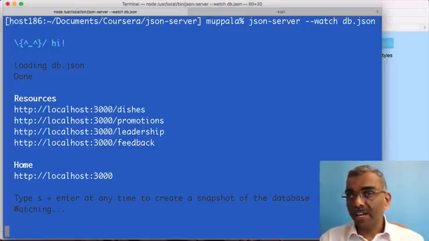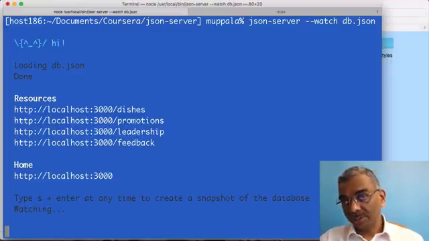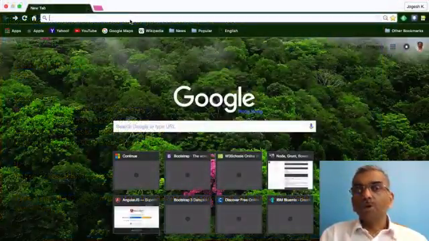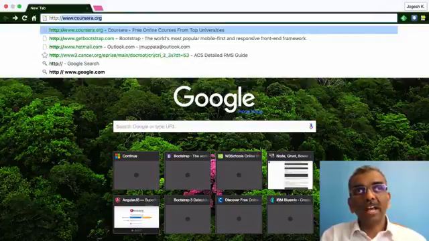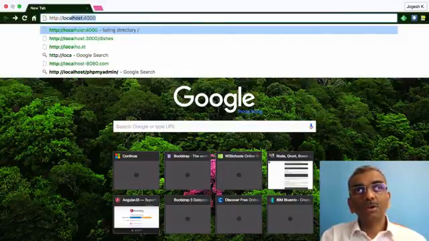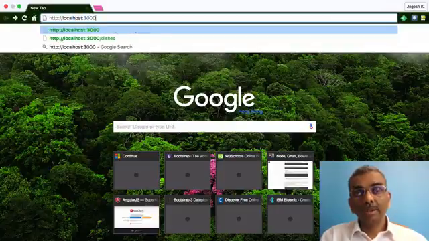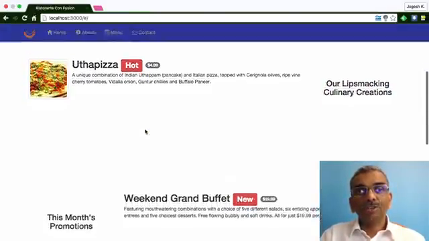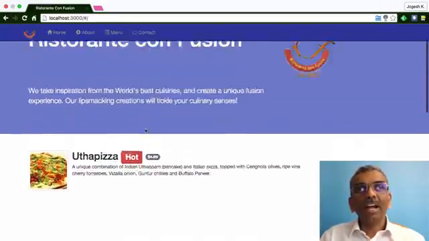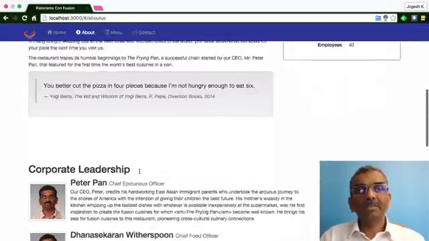So now that my server is running, let me go to a browser window and then type in localhost:3000 into the browser's address bar. So going to a browser window, let me type in http://localhost:3000. Now you see that your web application is being served up by JSON server here. So you would see all the information just like before, and then you will be able to navigate to any of the other pages,